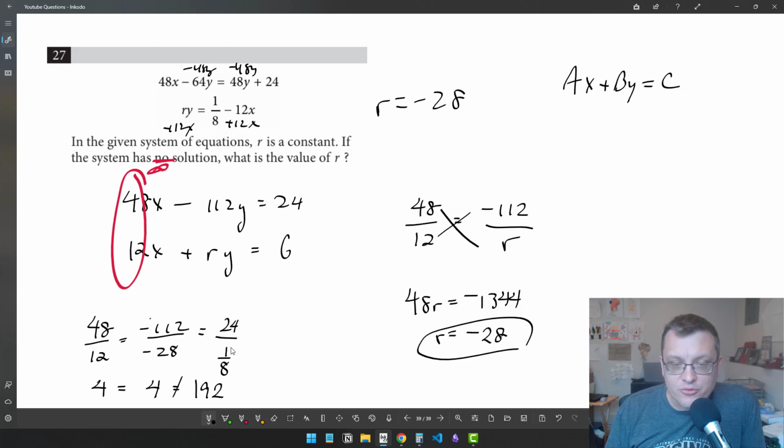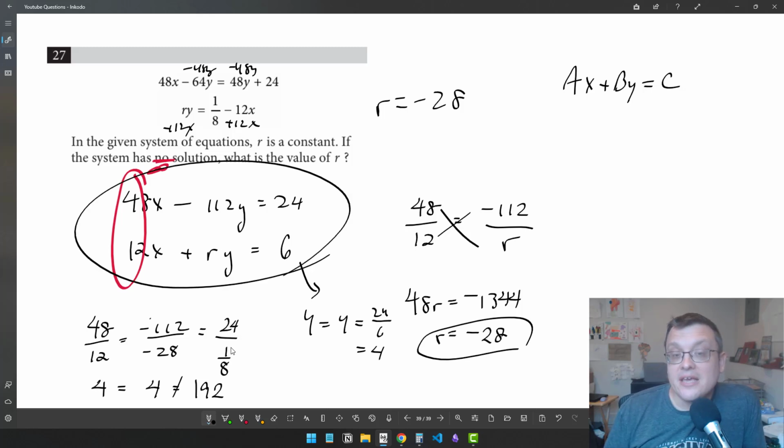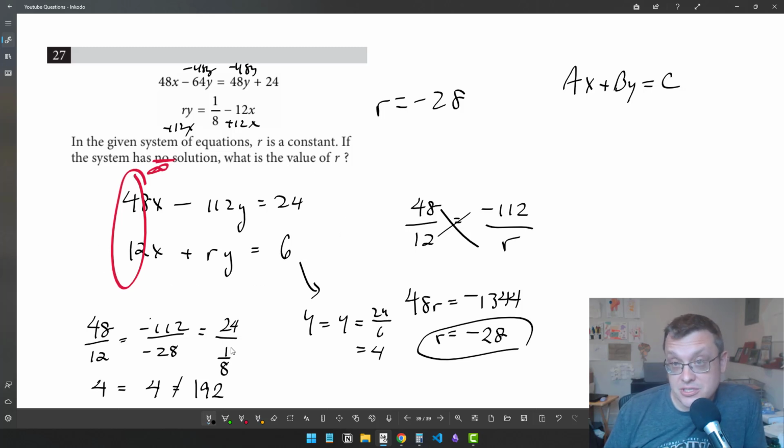If, on the other hand, this were 6, what would happen? Well, we would get, again, 4 equals 24 over 6, which is also 4. This should be, in that case, the infinite solution situation, because basically what you have is the same equation. One's just a multiple of the other, but they're the same, and so they're going to overlap each other. And so just to check,